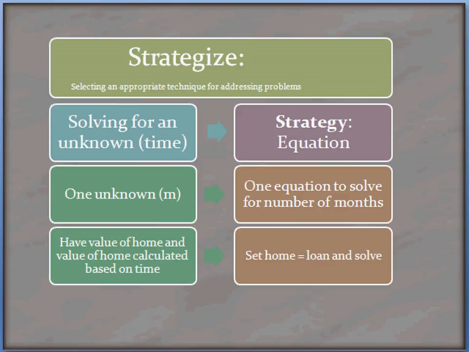Recall that in order to solve correctly by writing an equation, we need to know what our unknowns are, and we need to relate that to known information. We also need to have one equation for every unknown, and the equations cannot be equivalent. In this case, we have one unknown, the number of months that we'll need in order for the value of the home and the value of the loan to be the same. And we have one equation to solve for that one unknown, or we will when we write that equation, but we only need to write one. So our strategy here